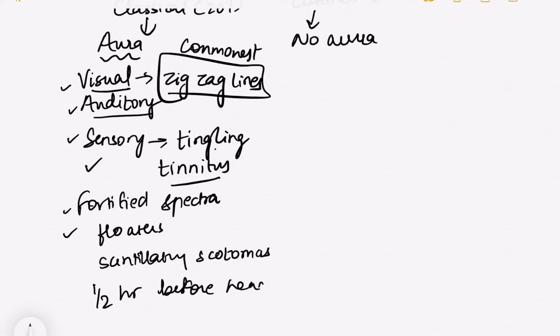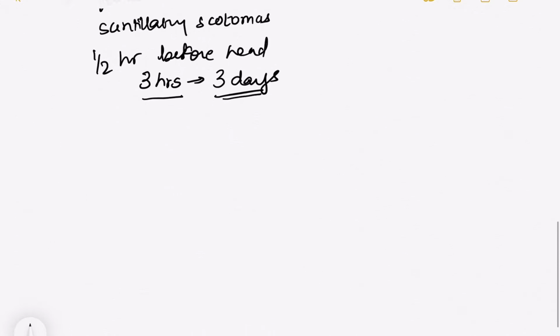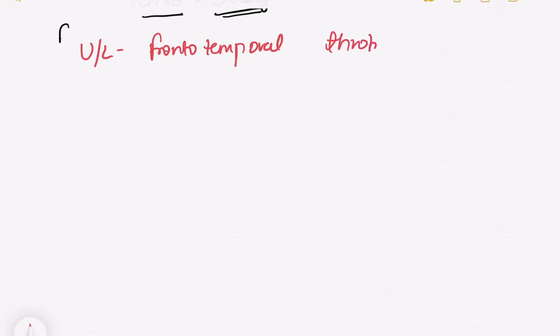The headache episode lasts for 3 hours to 3 days. So this episode lasts for 3 hours to 3 days. And what is the characteristic of this headache? This is usually a unilateral, frontotemporal, throbbing headache